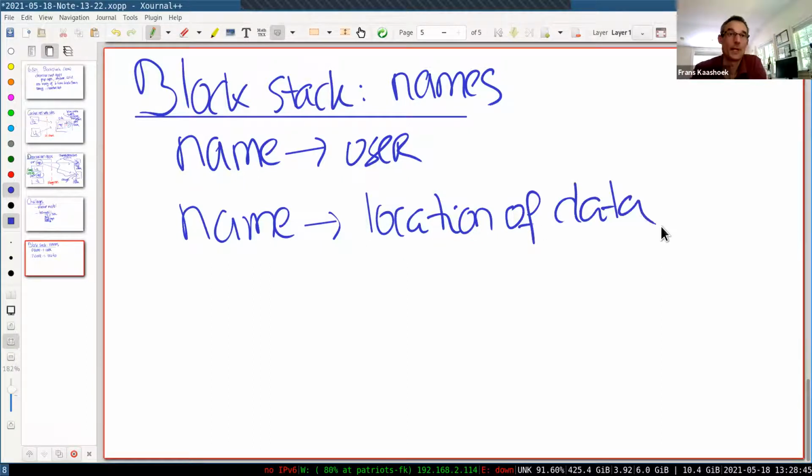There's a mapping from name to location of data. So in my to-do list app, I share the to-do list of user one with user two, and then user one wants to retrieve user two's data. There needs to be a way of actually naming user two's to-do list and retrieving it. And then there's a name to public key